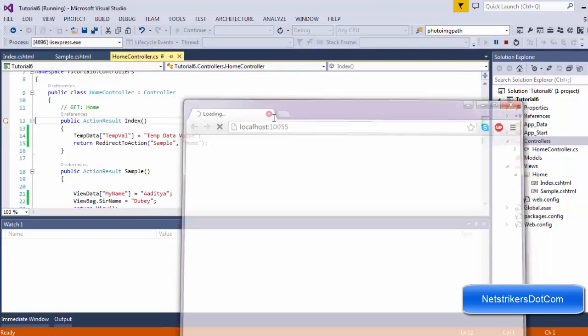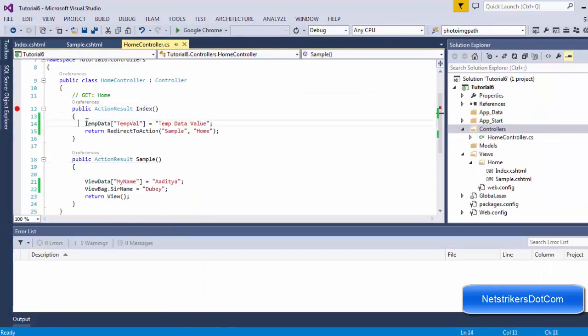Oops, I made a mistake. I haven't supplied the TempData inside my Sample action method. So how am I going to use this TempData inside my Sample? Let's understand now.